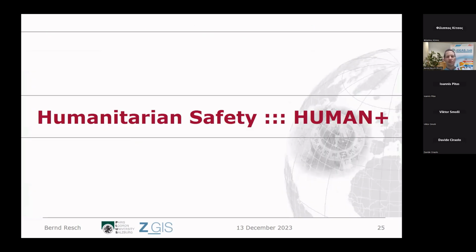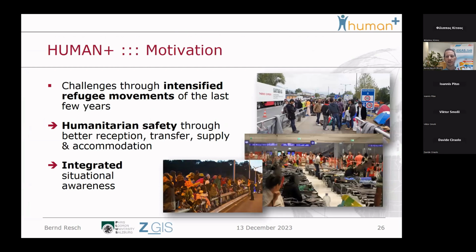Good. And the third use case I'd like to present is humanitarian safety. I guess you all witnessed what happened, and this will, of course, intensify in the future as well. On the right side here, you see pictures from Salzburg. So this is the main station a few years ago. And this here is basically 3 kilometers further, which is directly at the Austrian-German border, where people just got stranded because Germany in the end closed the borders.